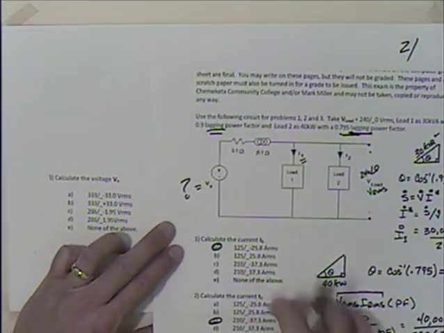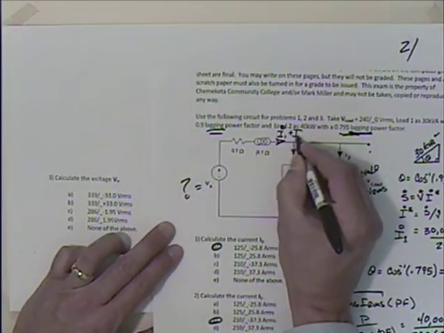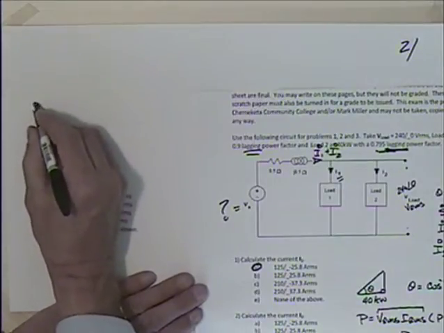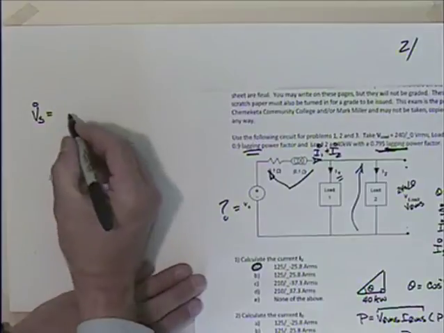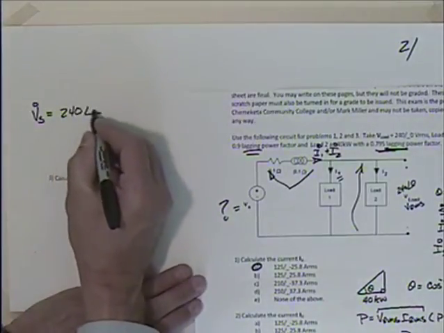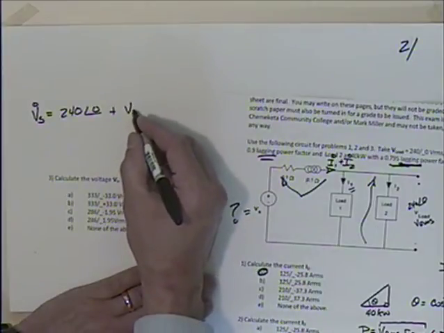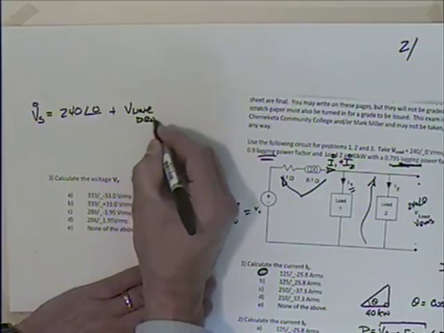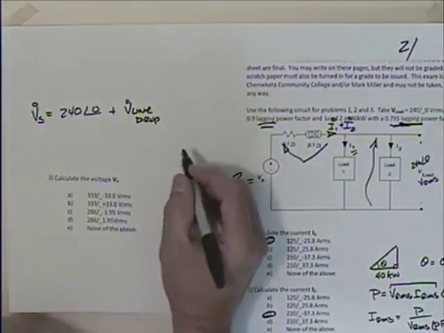What's that thing right there? Well, I know that this current here is going to be I1 plus I2, right? So I could say rather easily that this voltage Vs is equal to 240 at 0. I mean, we take this voltage here and essentially add the drop across there. So I'm going to take 240 at 0 and add to it the drop in the line, just to kind of lay out a roadmap of what we are doing. And so this would then be equal to